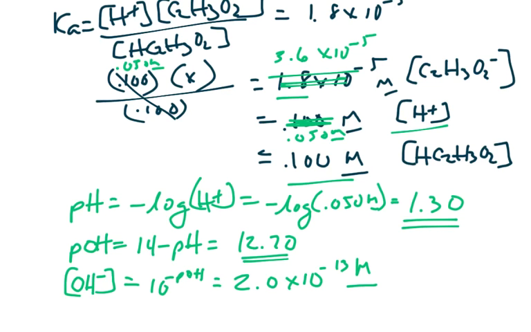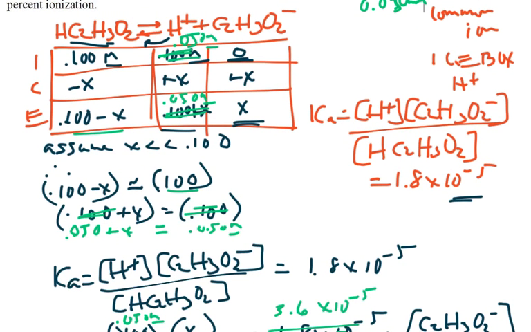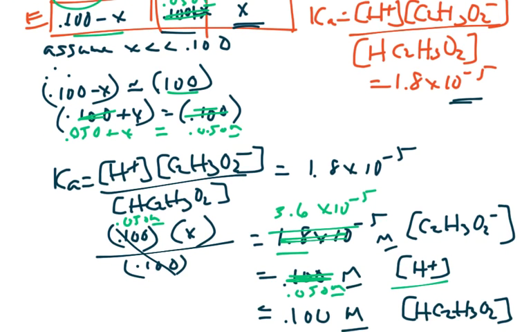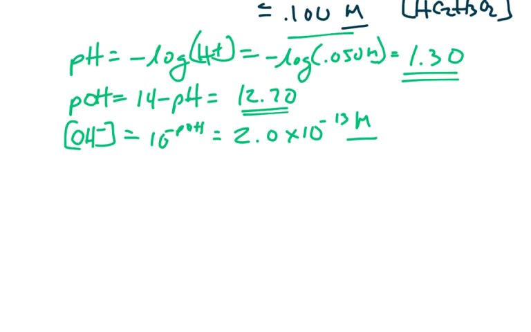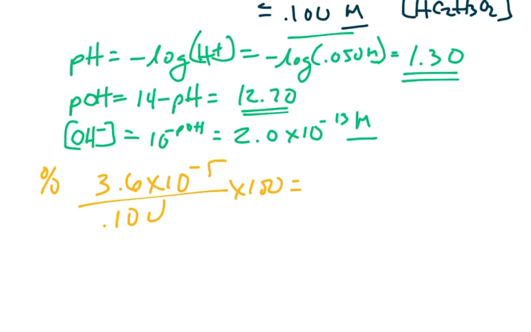Have we missed anything? We need to do our percent dissociation. So x in this case was 3.6 times 10 to the minus 5. Our percent dissociation is 3.6 times 10 to the negative 5 over the initial value of 0.1, times 100. And that comes out to be